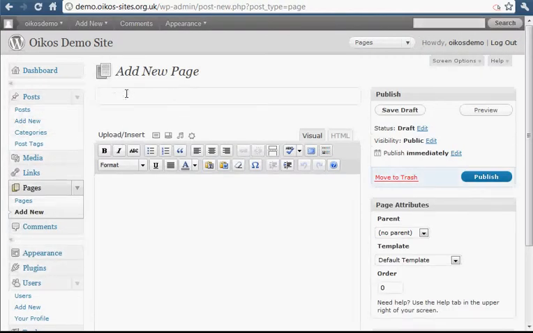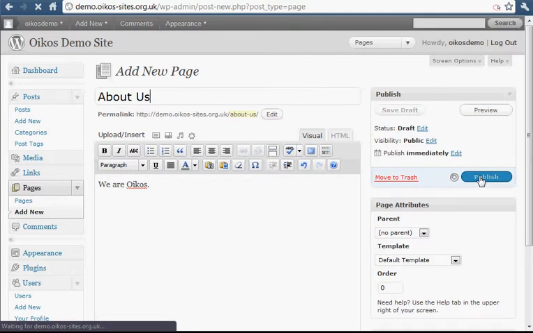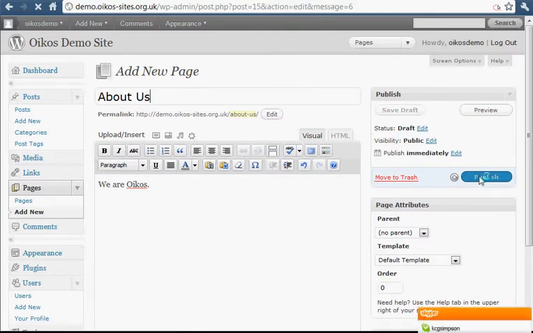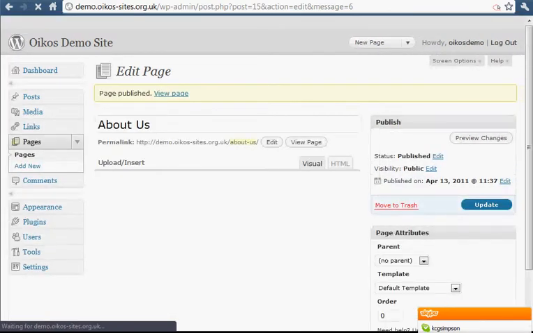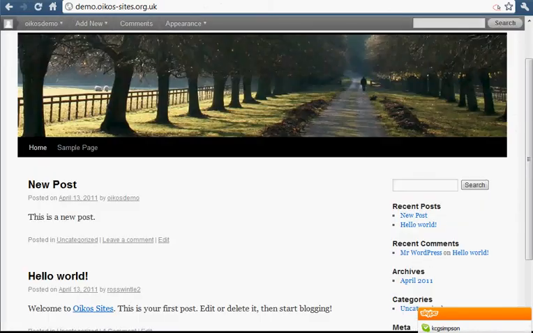And every site always has an About Us page, doesn't it? So let's add an About Us page. I'll just say we are Oikos. And again, I'll come back and look at what we can do in the editor in a later lesson. So let's just create that page and publish that. So what does that look like on the site? Well, wait for that to publish, there it is, it's published. And if I go to the site now, and if I do a refresh